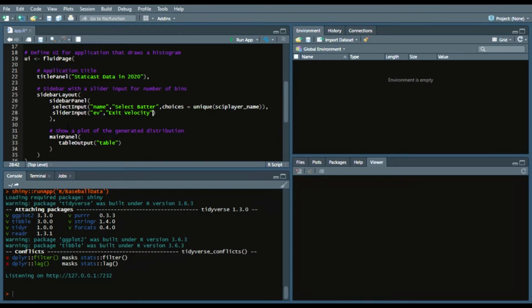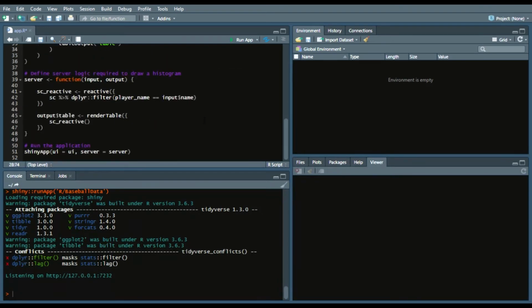And we'll set our value to be 60, our min equals 0, and our max equals 120. So once we add that in there, we will also add that into our data or our reactive environment. So now we'll say dplyr filter player name equals input$name, and now we'll say launch speed is greater than or equal to input